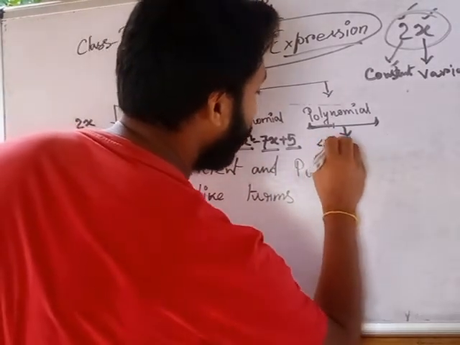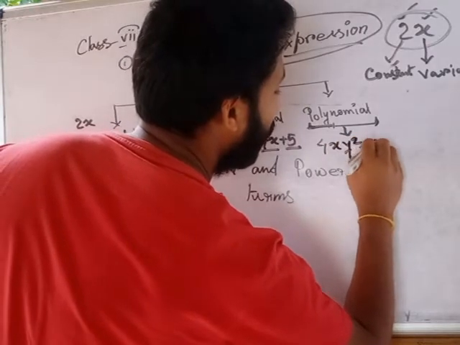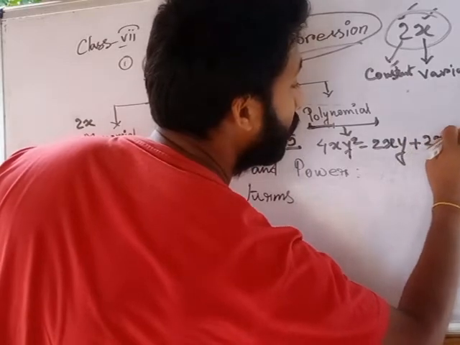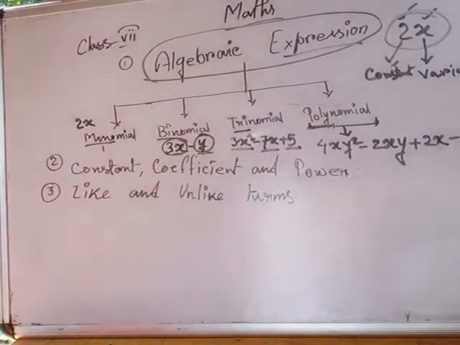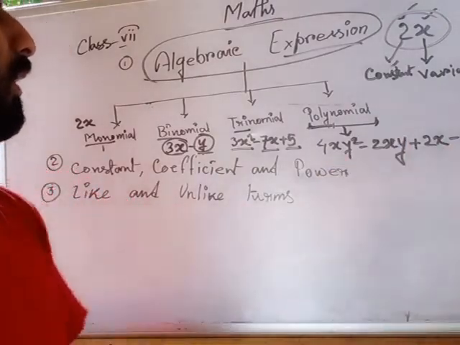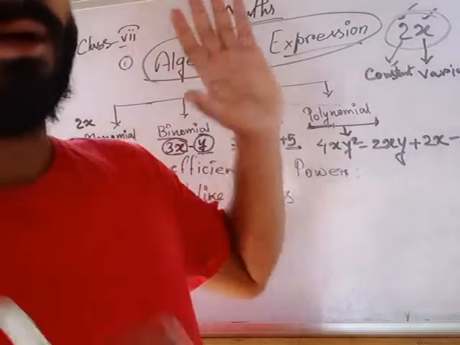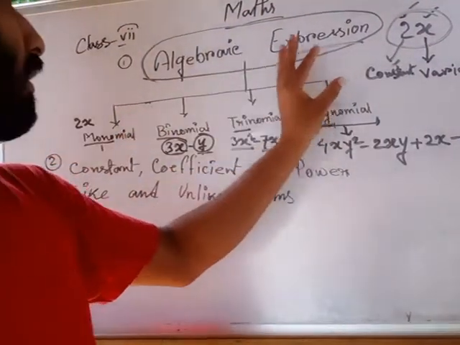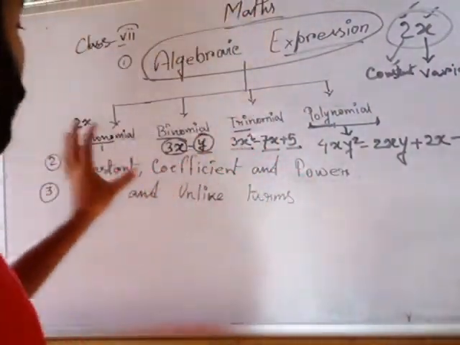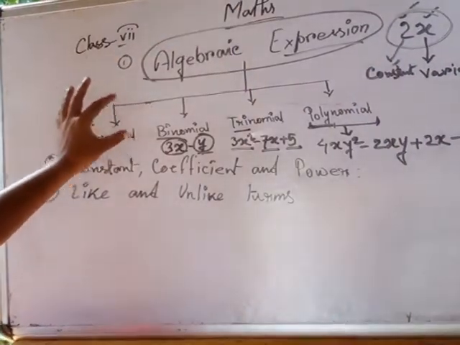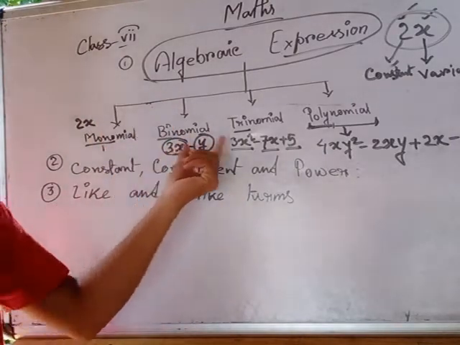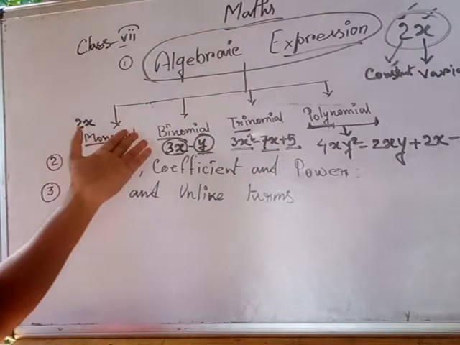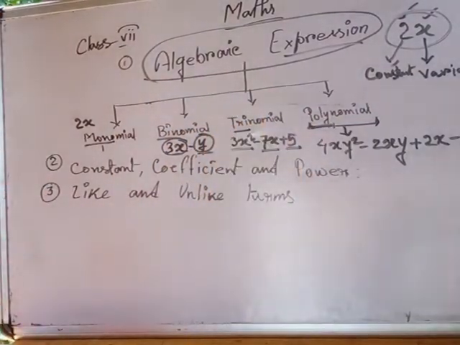Suppose it is 4xy square minus 2xy plus 2x minus 5. That is a polynomial. That means the different types of algebraic expression depend on the number of terms: monomial, binomial, trinomial and polynomial. Okay,